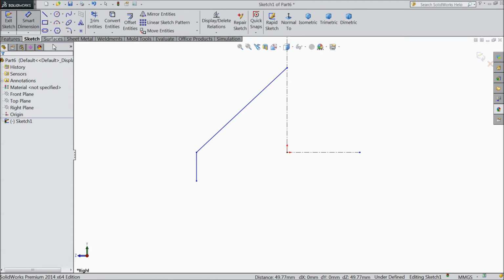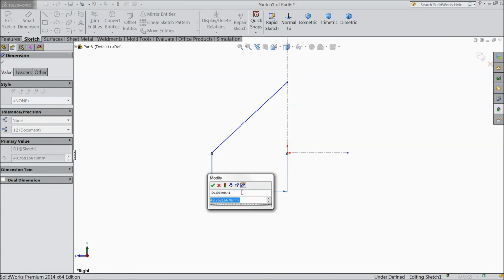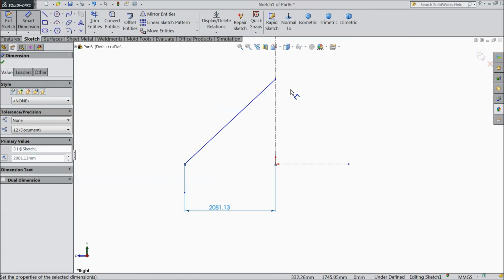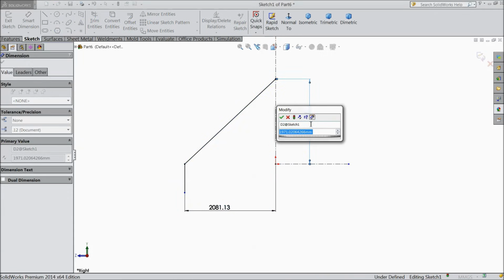Now we will assign some dimensions. 2081.13, and the vertical distance 1044.41.